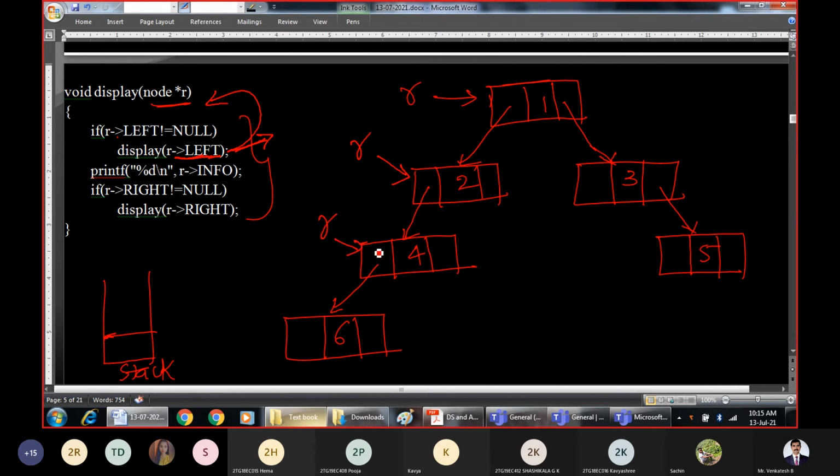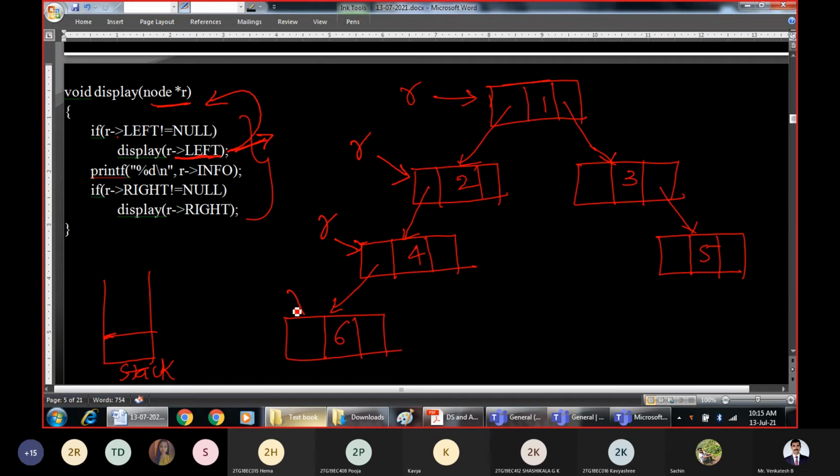Then we call the recursive function and check again whether R pointer left is not equal to null. Yes, it is not null, so we call the display function once again recursively by passing this as the parameter.